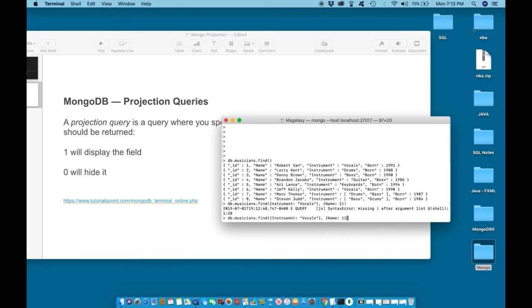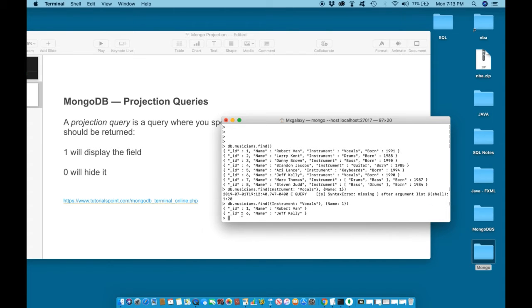Curly bracket, parenthesis, and I also have a spelling error. This is why it's very good to check your code. Instrument, okay. Hit enter,